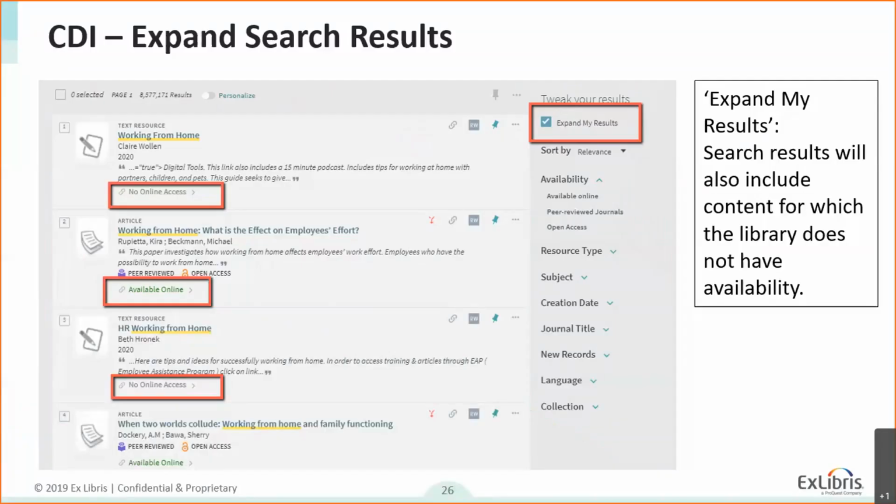As you remember with my search working from home, when I clicked on expand my results, I received additional content that is not available online, that is not available to my library. I don't have access to it. So this is the expand my results. It's expanding the search results.